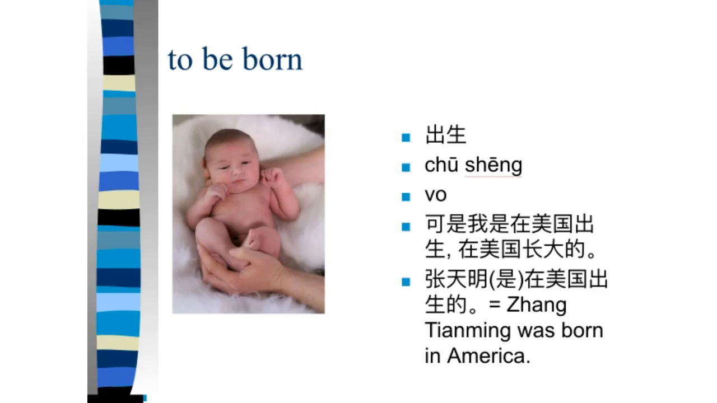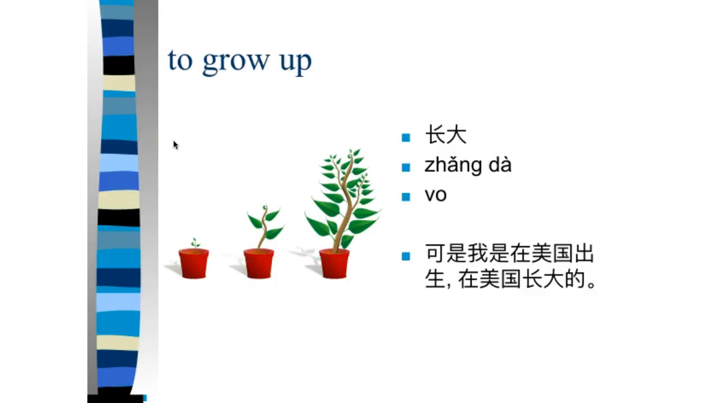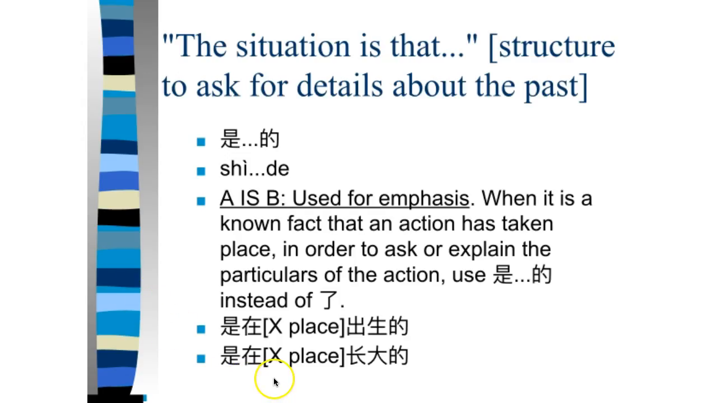To say 出生 is to be born, and to say you were born in a specific place, to give that detail, you have to say 我是在 XXX place 出生的。你是在哪里出生的?我是在中国出生的。我是在美国出生的。To grow up is 长大。And to ask a detail about where you grew up, you could say 我是在 XXX place 长大的。我是在中国长大的。我是在美国长大的。你是在哪里长大的?我是在台北长大的。我是在香港长大的。好,这是我们今天的第3课,谢谢大家的收听。